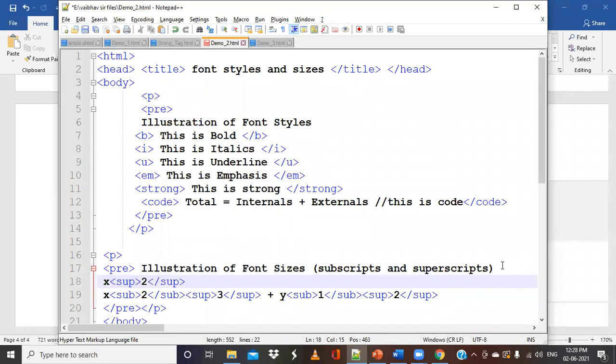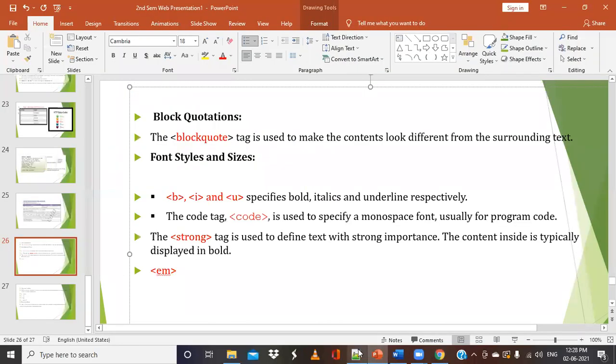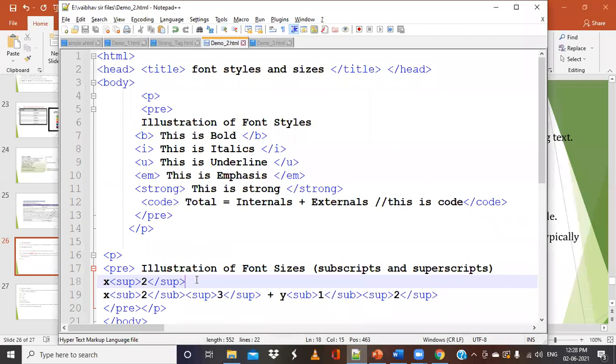So this will display x square. This is how you can put simple superscripts. Now after this I want to put y square. What do I have to do? Can somebody tell me?